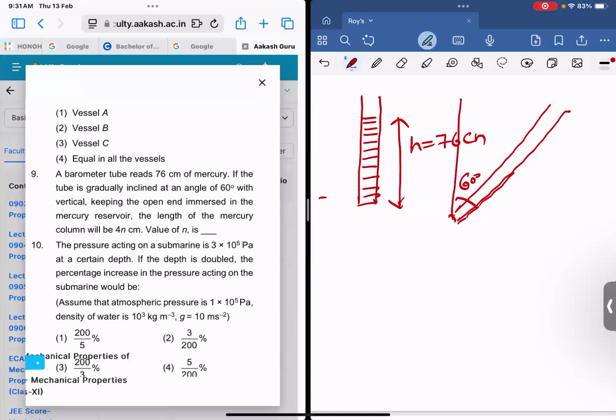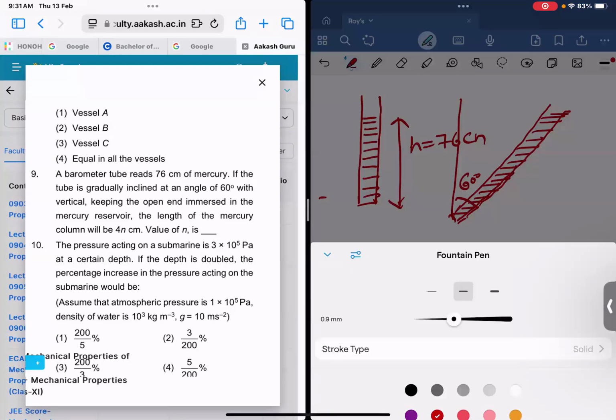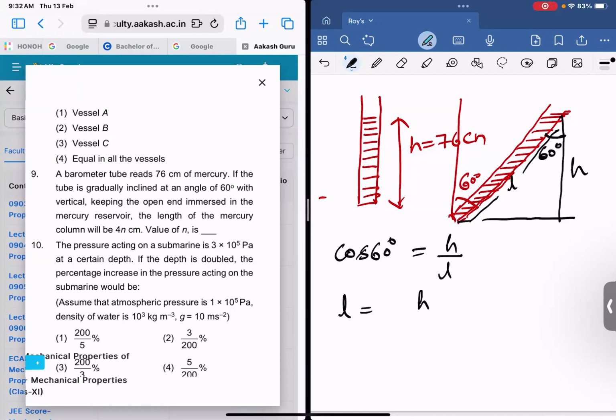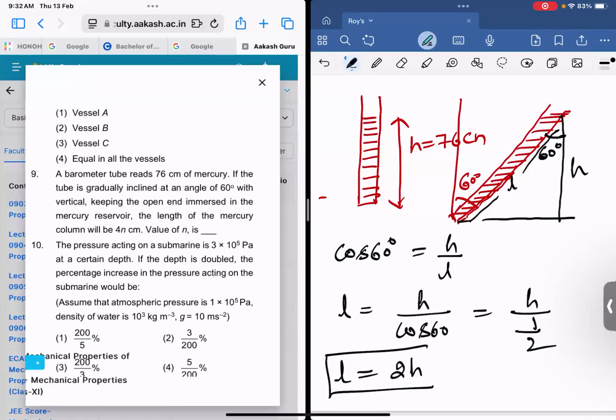अब इस कंडीशन में पूछ रहा है, लेंथ ऑफ द मर्क्यूरी। आपको पता है कि हाइट सेम होना चाहिए, हाइट को शेप से कोई मतलब नहीं कि आपने स्ट्रेट रखा है या एंगल पे रखा है। हाइट में कोई चेंज नहीं होगा। लेकिन आपसे लेंथ पूछा जा रहा है। ये 60 है तो ये भी एंगल 60 हो गया। हम cos 60 डिग्री लेंगे तो बेस हो गया h और लेंथ हो गया L। L हो गया h divided by cos 60। cos 60 को आप 1/2 ले सकते हो, यानी अब लेंथ होगा 2 टाइम्स ऑफ h।